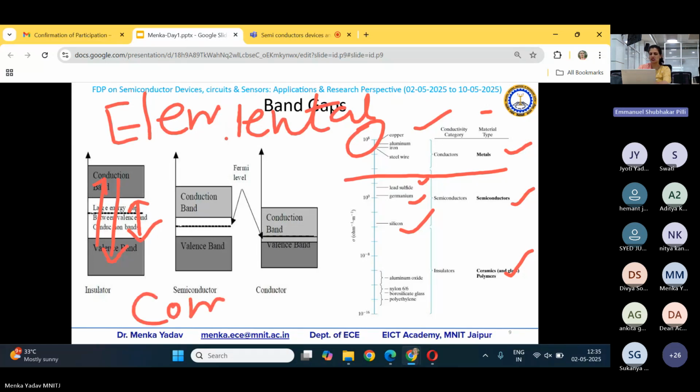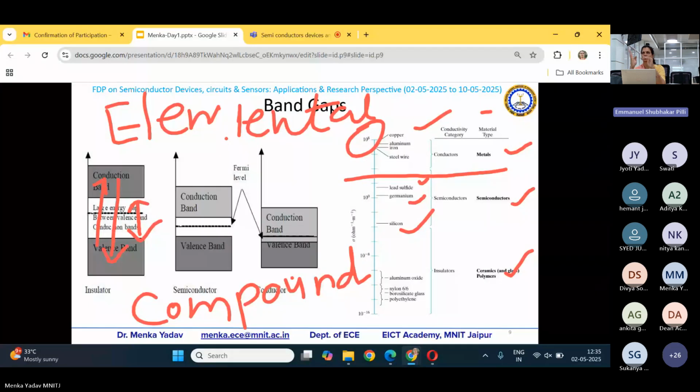Compound semiconductor means two or more elements from the periodic table are taken in order to prepare a semiconductor. Generally, people take group 13 and group 15 elements together in equal quantity, or maybe group 12 and group 16 elements. They have to take them in equal quantity, or a mix and match of those, so that on average every element can have 4 electrons in the outermost shell, and sharing can happen.